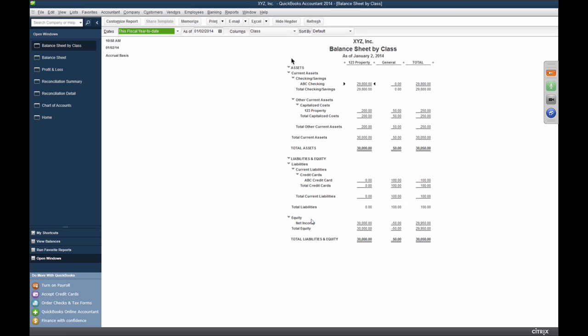So what you're saying is if I've got multiple properties going, I don't have to be guessing or pulling out spreadsheets or thinking how am I doing on that particular property. I can know exactly how I'm doing on every particular property at any time. Exactly, and even more, it can show you how much money in your bank account and how much money on your credit card you spent on that property. So right here, $29,000 came in for that property because that was the sale of my property. And if I had transactions on my credit card, that's how much money on my credit card I spent on